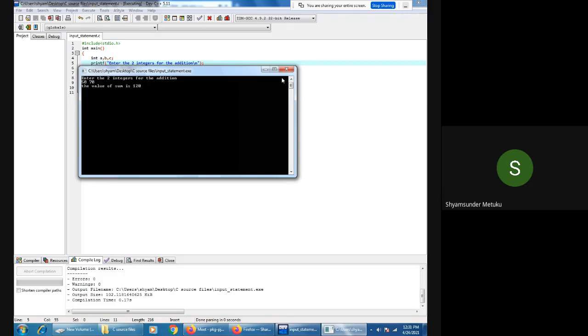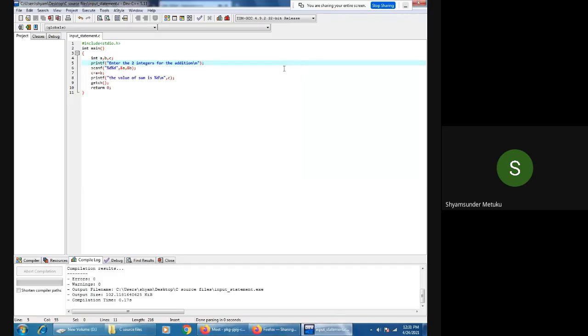Now which one is correct? Which one is not correct? Both are correct only. Which one is preferable to write an addition program, with scanf or without scanf? Tell me. With scanf is better or without scanf is better? With scanf is better, correct? So it is always good programming practice to take the inputs from the keyboard, which is called a generic program. If you write the definitions inside the program itself, we call it a specific program.